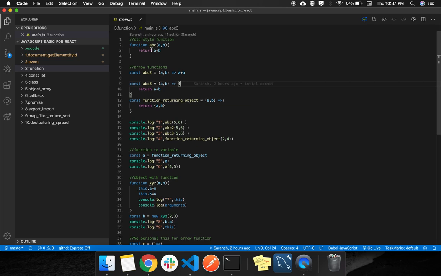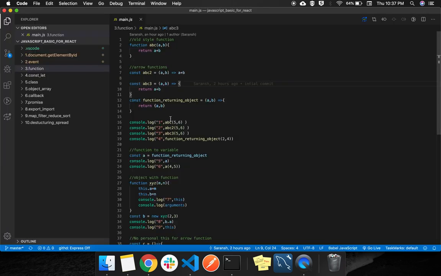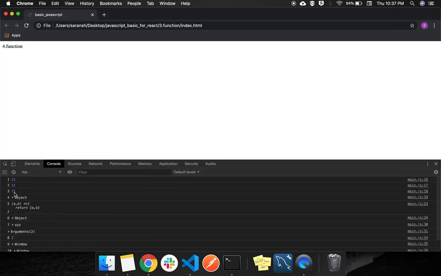So let's see, we are consoling the ABC with 5 and 6 values. So we are getting 11 for one. For the same here, 5 and 6, we are getting 11, and ABC 3, 5 and 6 for the multi-line statement function, we are getting 11 3.